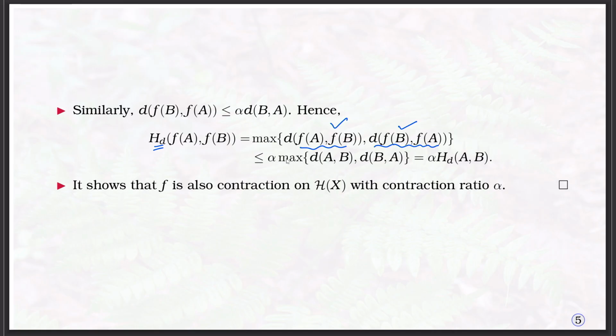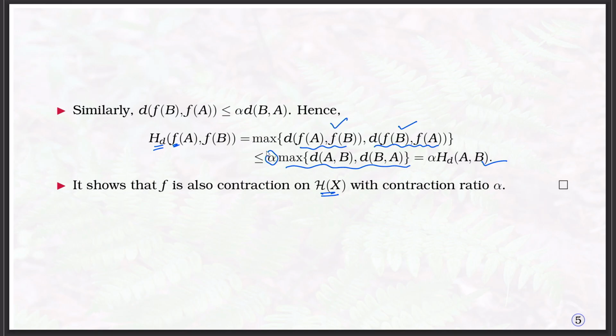So, it can be written as less than or equal to alpha times the maximum of the distance between A and B and the distance between B and A. This quantity is again the Hausdorff distance between A and B. So, it shows that f is a